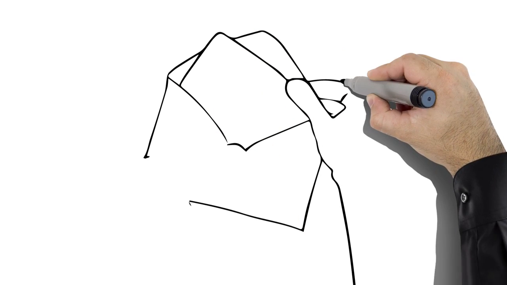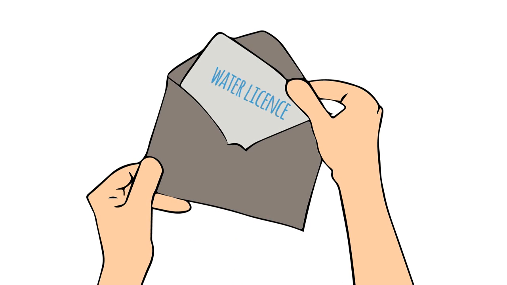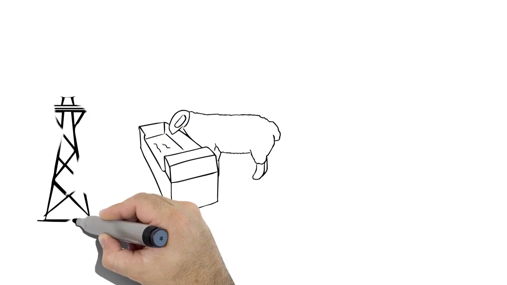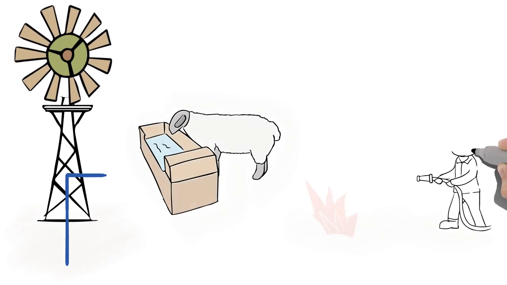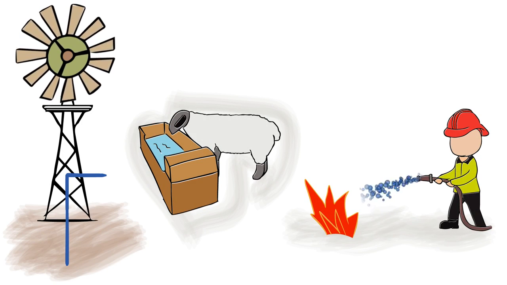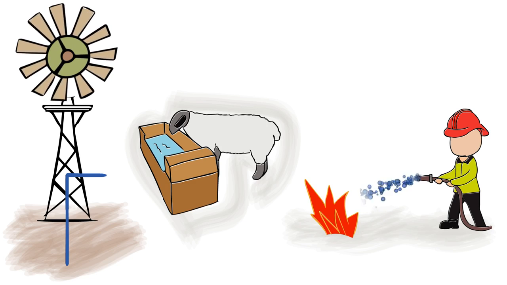The WAP establishes an annual volume of water that the Minister entitles water licence holders to extract each year. However, this doesn't include groundwater that is extracted for stock or domestic use or other special uses such as emergency firefighting and public road making, which are authorised by the Minister.